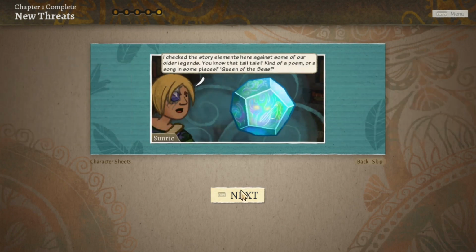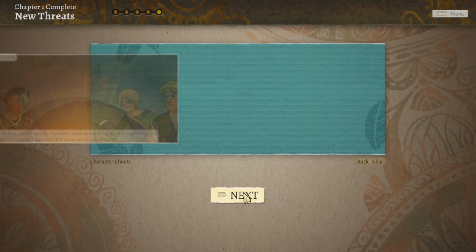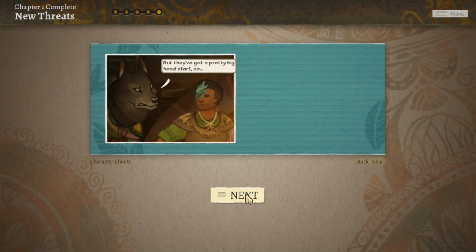I checked the story elements here against some of our older legends. You know that tall tale? Kind of a poem or a song in some places? Queen of the Seas? No, but get to the point. Our stone tells almost the same story. Almost. And according to our version, the spear was laid to rest in a named cavern. It's on one of our maps. So that gives us an advantage, right? We know where it is. But they've got a pretty big head start, so...